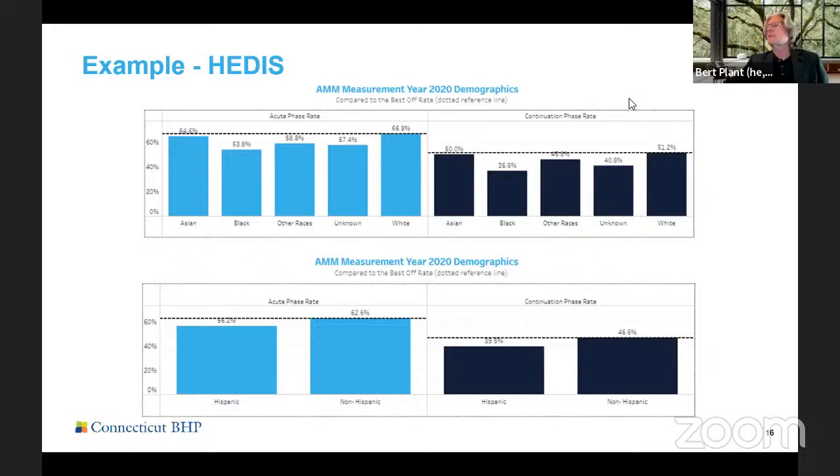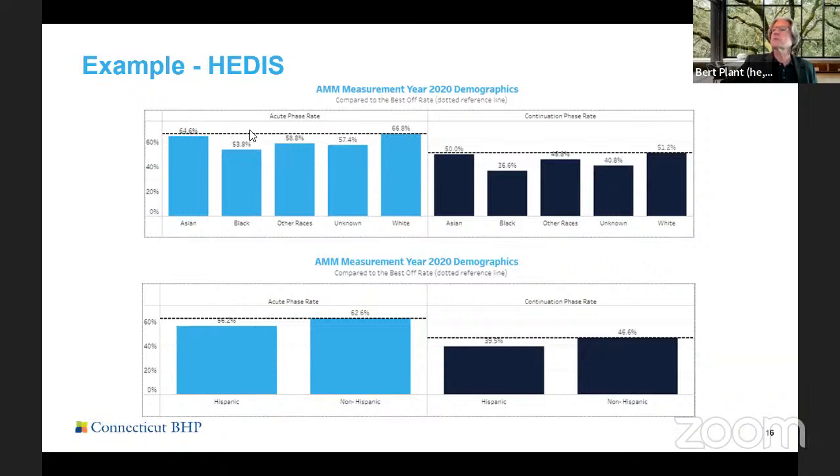So here's an example of some of the reporting that we do. This is for antidepressant medication management for HEDIS. And it's looking at the adequacy of treatment during acute and continuation phases. And what you'll see here, I'm not sure if it's big enough for you to see, but essentially this dotted line is across at the group that is best offered or has the best rate, which in this case is white at 66.8%. And then these other populations, unknown, other races, Black and Asian, all fall below that,